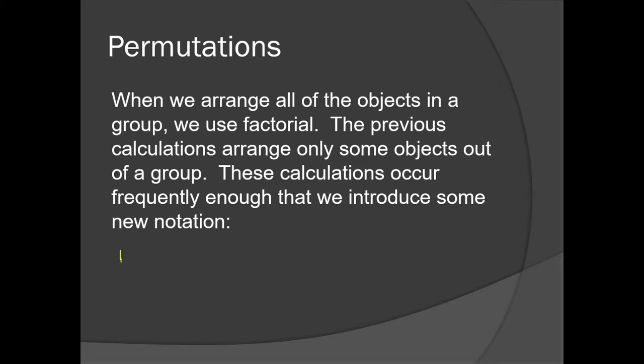So what we just did in the previous, I'm going to use part C as an example. The number of ways to arrange 4 people from 10. Just going to write it out there. 4 people from 10. We say is